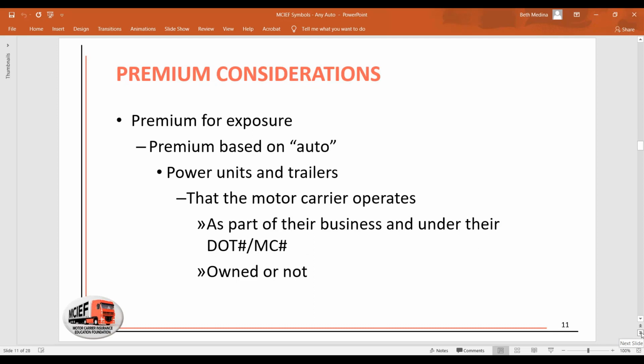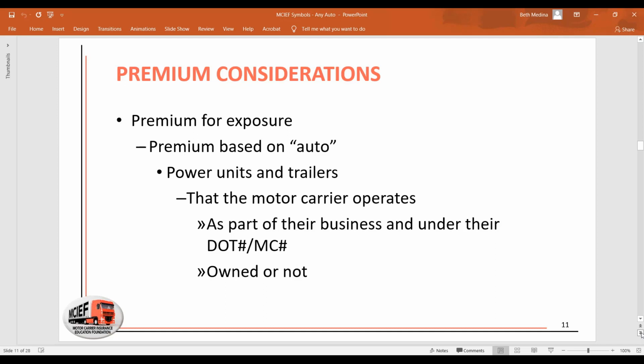Also, for premium consideration, all the premium is based on an auto, meaning they file it with the state, and the state rates are filed with the state. For admitted carriers; non-admitted carriers don't have to be filed with the state. But basically all premiums are a function of the power unit and the trailer. So you get a dollar amount per power unit per trailer. All those power units or trailers, all the ones that are used by the motor carrier have to be considered,